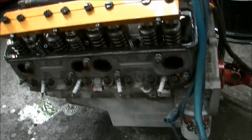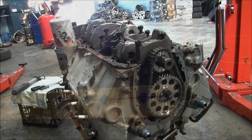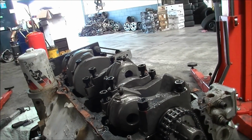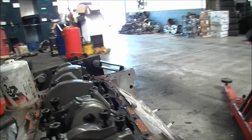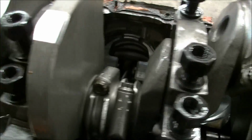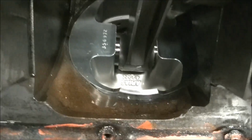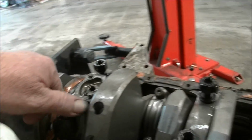780 dead horses right there. Okay, so I've got the crank to turn, but it's game over for this engine block. As you can see, the thing just looks beautiful inside. This is a good internals. But